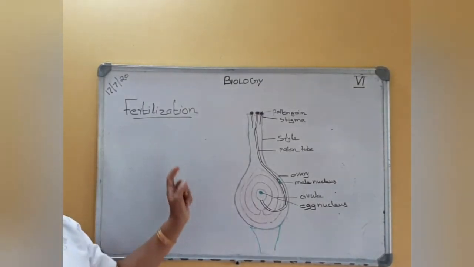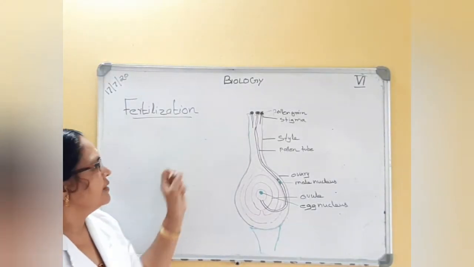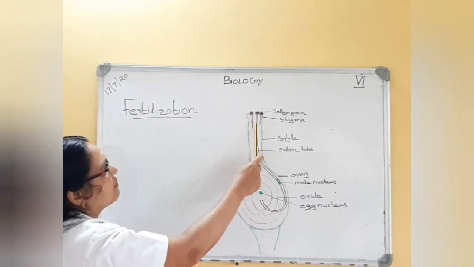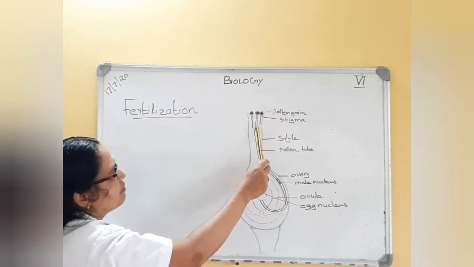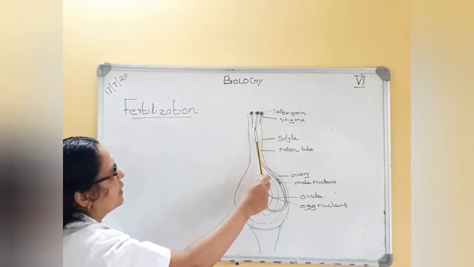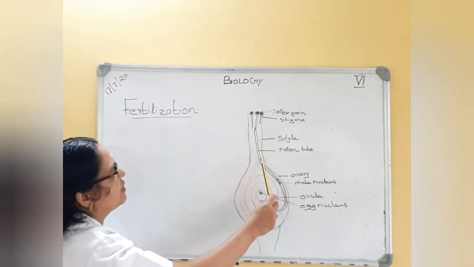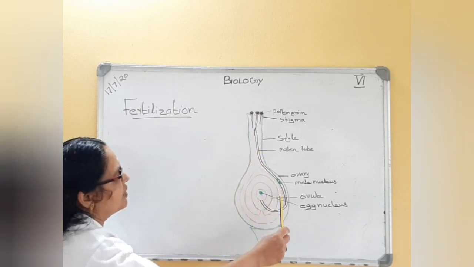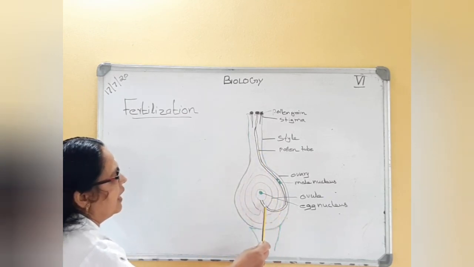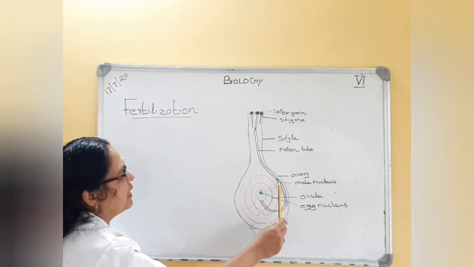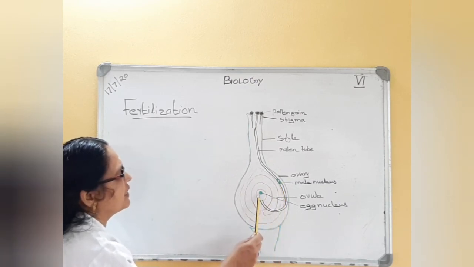So I will explain once more. Listen here. The pollen grains fall on the stigma of the flower, and after that it germinates by forming a pollen tube. That pollen tube contains the male nucleus. Two male nuclei are there. So it grows downward through the style towards the ovary of the flower. And then inside the ovary there is an ovule. The ovule contains the egg nucleus. So the male nucleus fuses with the egg nucleus.